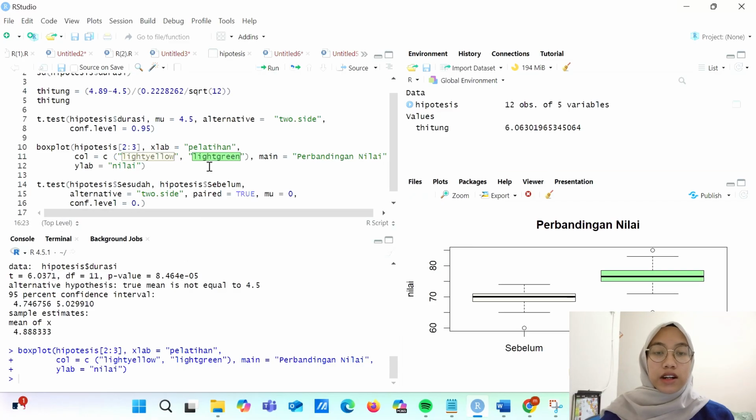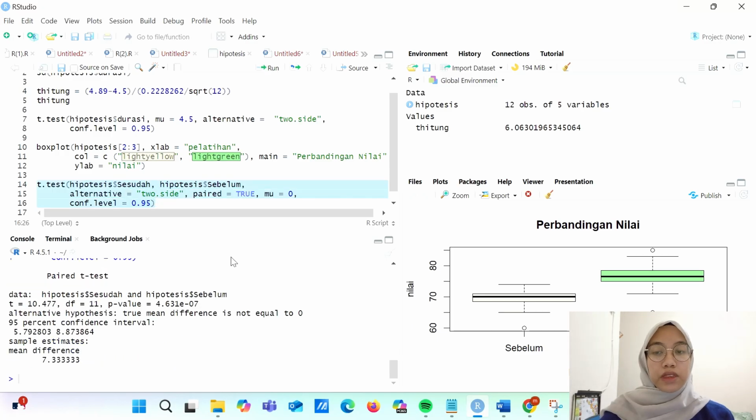And this is the result of the paired test. Since the p-value is very small, less than 0.05, we reject H0 and conclude that there is a significant difference between the pre and post training values.